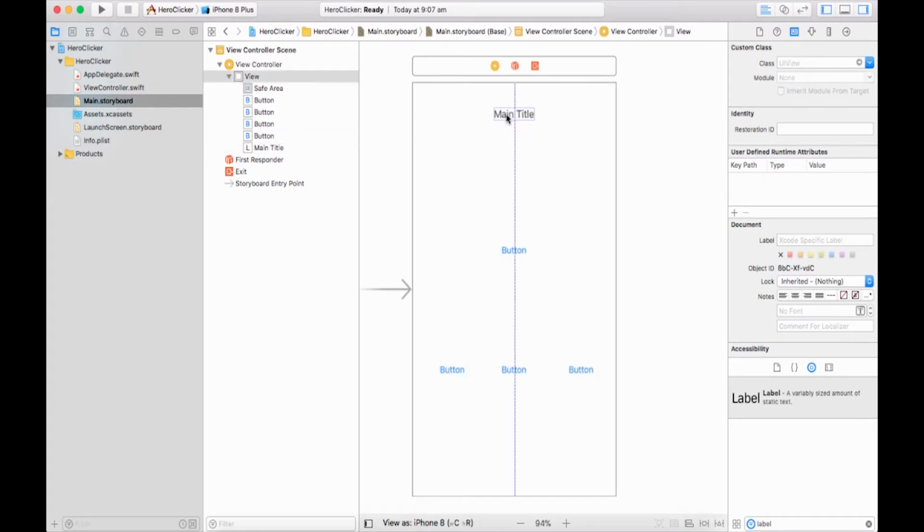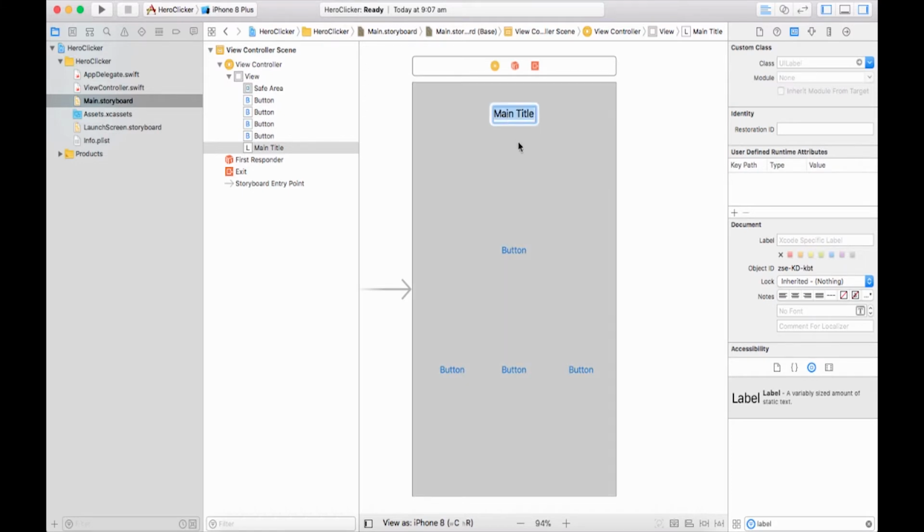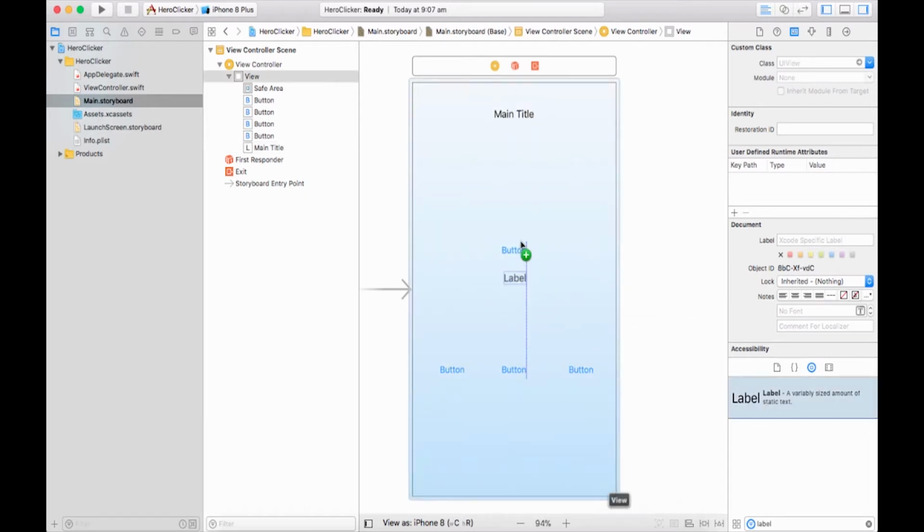Now I'm calling my stuff a main title. I'll call this one output. You obviously name it whatever yours is going to be. So for example, I'm just leaving it as main title so you know what I'm putting there. But if I wasn't, I'd call it Hero Clicker or whatever it is. We also need